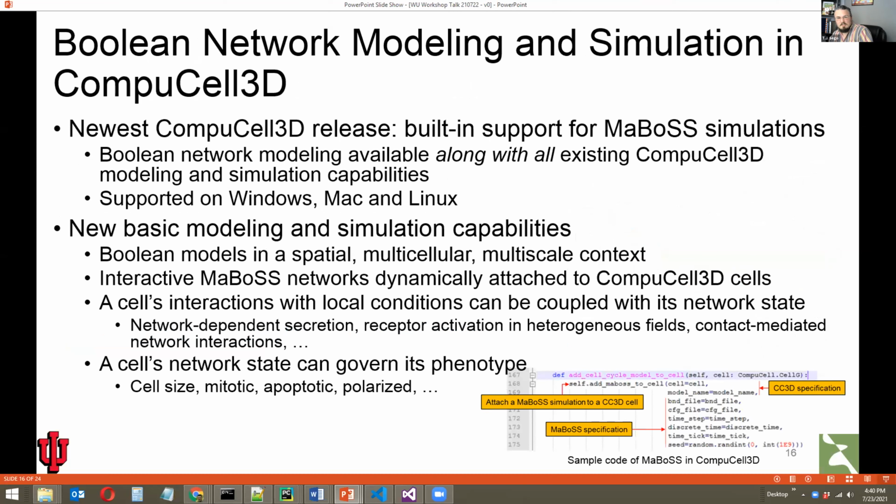Now, one of the other things that we've been doing has been to keep going with this capability of doing multi-method simulation in a multicellular context, and to take that into a different realm of the types of models that CompuCell supports. So CompuCell has supported ODE-based modeling in some form for, well, Herbert would know, this is before I started working on CompuCell. And then we introduced Antimony shortly, I think maybe 2 Septembers ago. So lots of ODE-based modeling in a multicellular context.